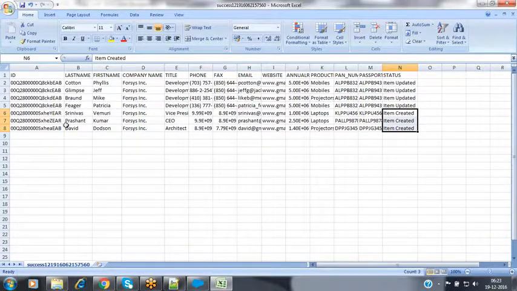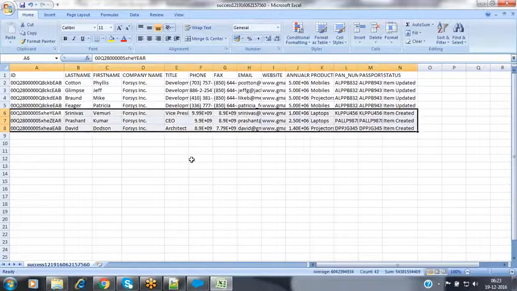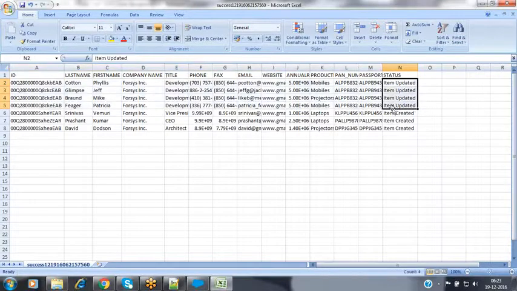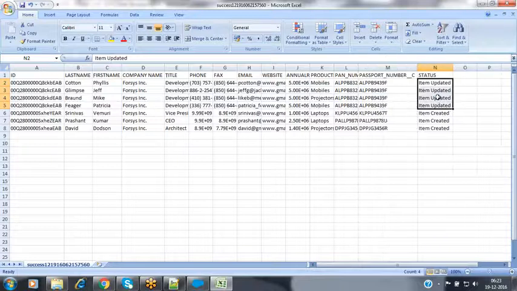Inside a single operation, we have created these 3 lead records and we have updated the remaining records as well. For the rest of the 5 records, which are already there inside the object, we are updating some field values. From those 5 records, 4 records were updated successfully, so it gives the status as item updated. Few records have item updated, few records have item created. We are able to perform both the update operation and the create operation in a single attempt, using a single transaction. For that, we are using the upsert operation.